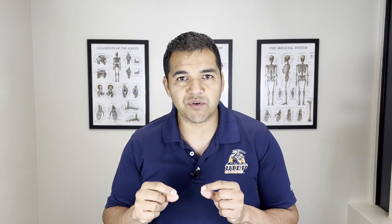Now, you do need to be careful with cortisone or steroid injections into the hip because you're limited to 3 per year because cortisone or steroids are known to break down connective tissue in the body. Connective tissue are things like cartilage, ligaments, and tendons. And if you're diabetic, it can also be harmful because it can cause your blood sugar to spike quite a bit. So make sure you check with your doctor and see if a steroid injection is right for your hip